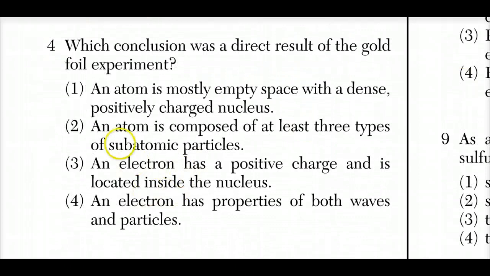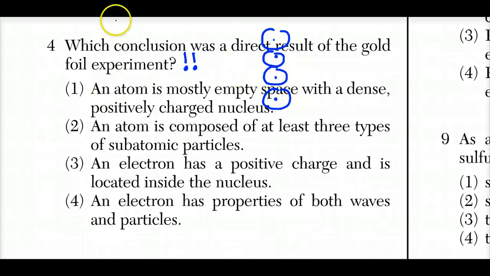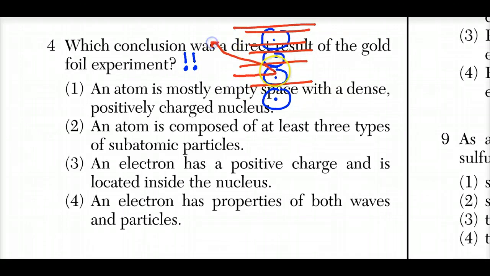Number 4. Which conclusion was a direct result of the gold foil experiment? Okay, gold foil experiment was done by Ernest Rutherford. And what he found by shooting alpha particles, which we now know are helium nuclei, at a very thin piece of metal, most of these alpha particles went right through. These are big particles. Occasionally some deflected, and even some bounced somewhat back, which told us that the atom